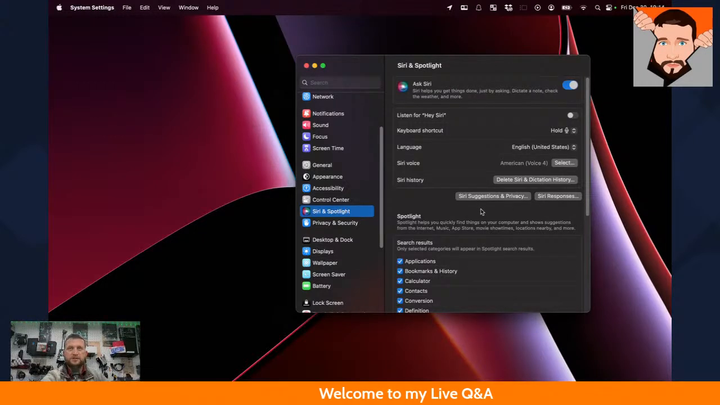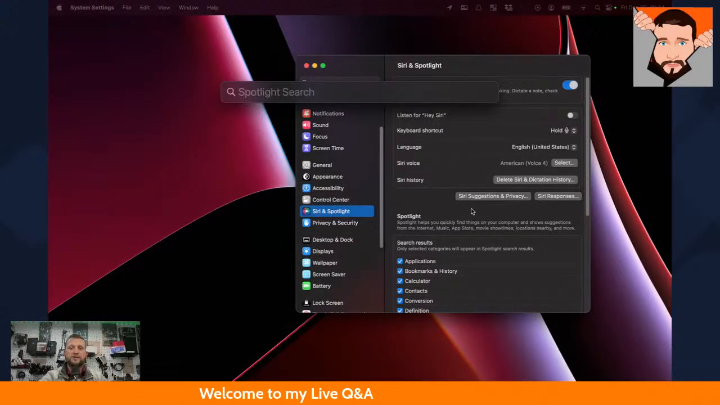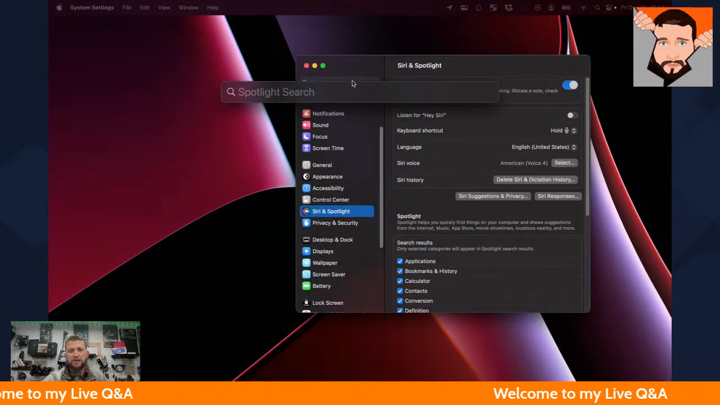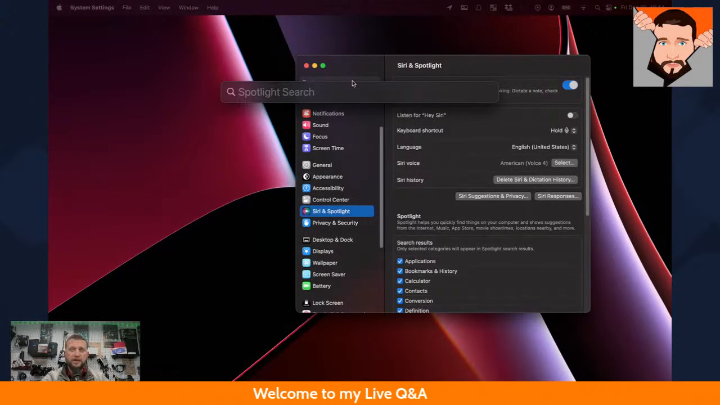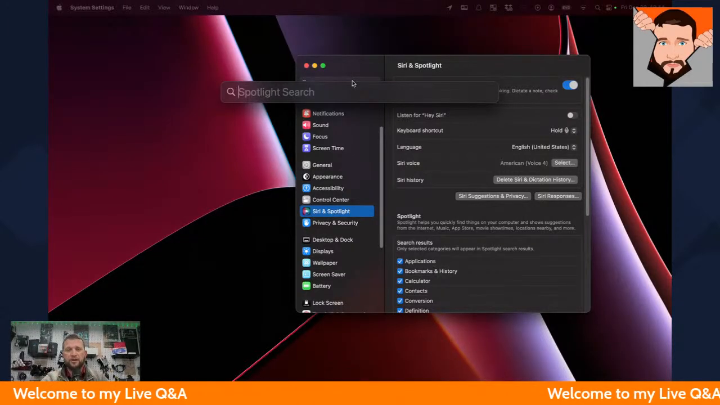Like I said, if I was to tap Command and Space, you can see Spotlight search comes up here. And Spotlight is very cool. Spotlight is what's going to get you to everything on your Mac. So in Windows, down at the bottom where there's that little Windows button, and you click that, you can search